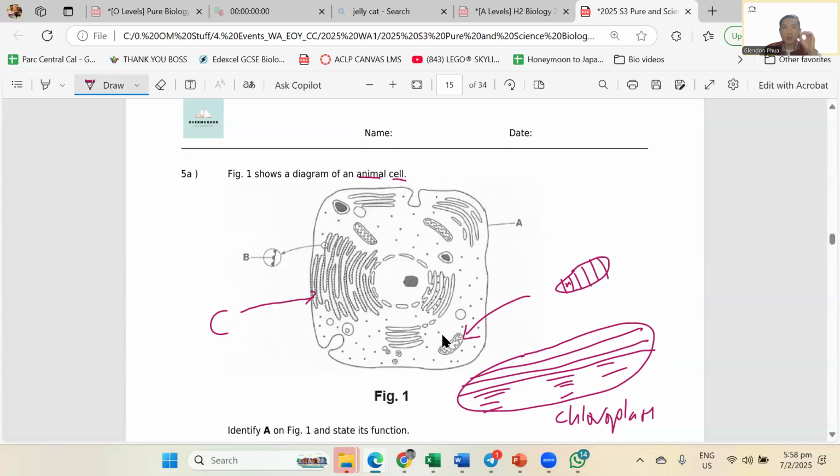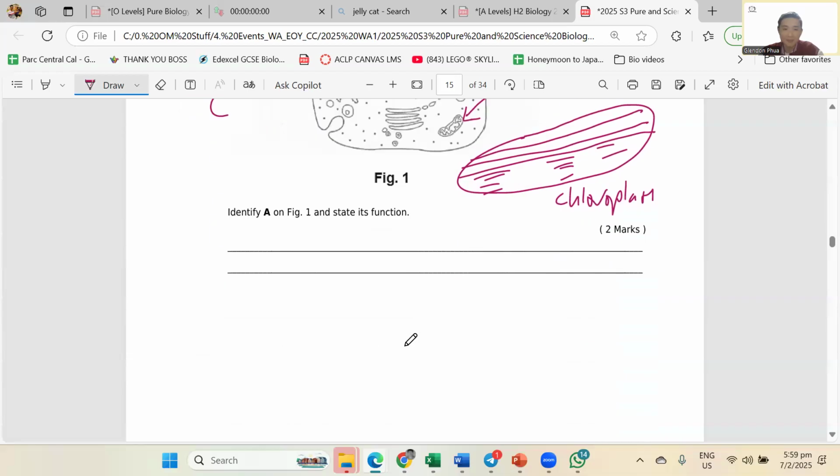If they purposely zoom into the dot, it is the ribosome. If they never zoom in, it's the whole thing, it is your rough ER. In case you don't realize, you cannot write RER. I say RER because no time, but please spell out rough endoplasmic reticulum. Same thing for Golgi apparatus.